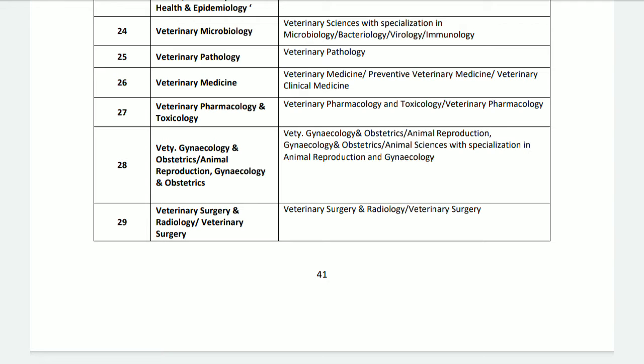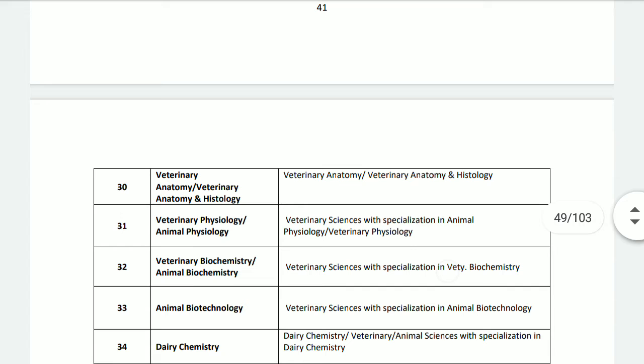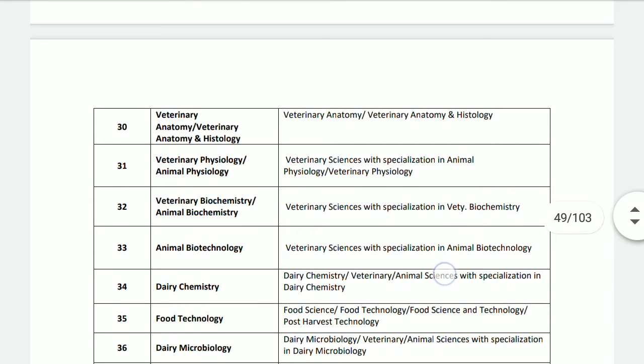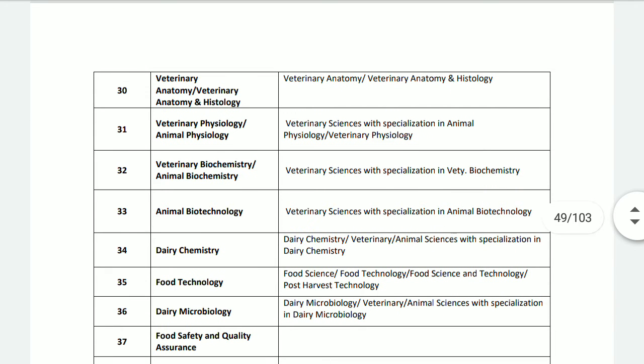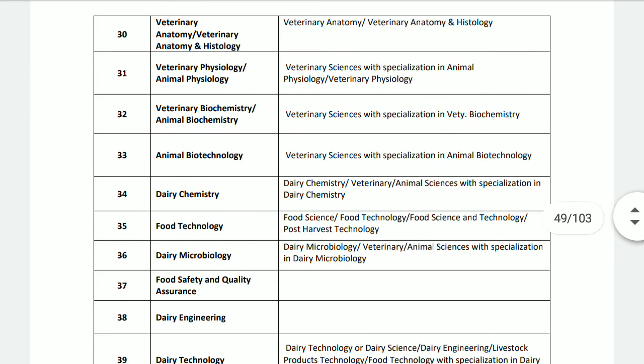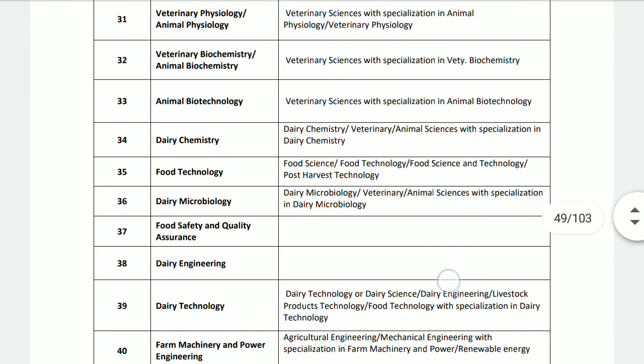and then obstetrics, animal reproduction, and then gynecology and obstetrics, veterinary surgery, and then radiology, veterinary surgery, as well as veterinary anatomy, and then anatomy and histology. So veterinary physiology, and then animal physiology, and then you can see that veterinary biochemistry as well as animal biochemistry,